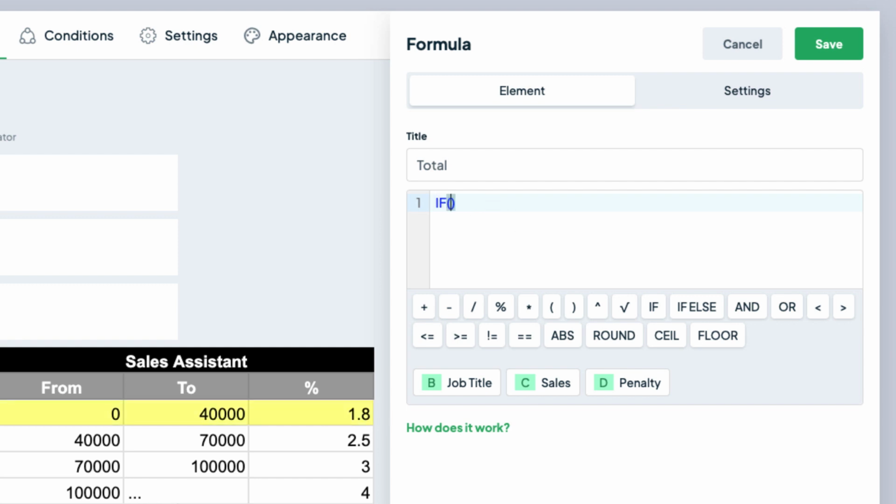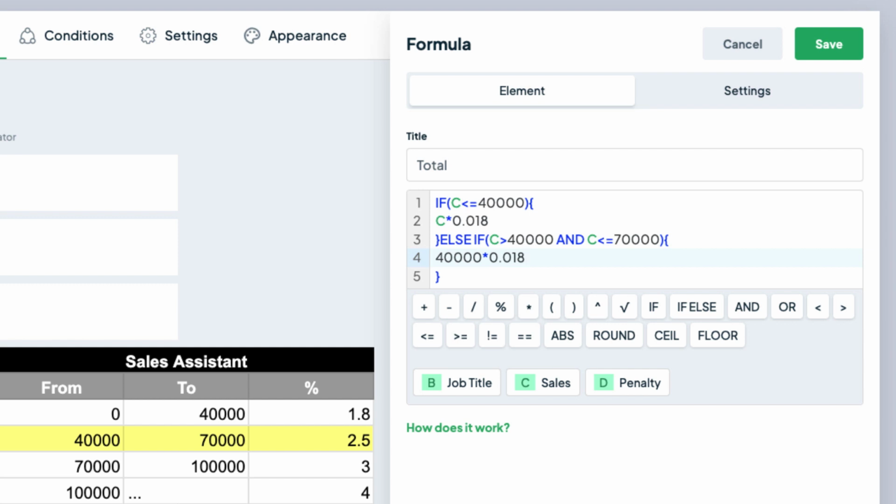So as I said, if the sales is less than or equal to 40,000, I'm gonna give the salary with 1.8% range. In that case, I'm gonna multiply C by 0.018. It will give me 1.8% of the salary. And I will continue else if C is greater than 40,000 and C is less than or equal to 70,000, I'm gonna give the salary like this. For the initial 40,000 part, instead of C, I'm gonna write down 40,000 in that case. I'm gonna write down 0.018 plus, and for the rest of the money, which is equal to C minus 40,000,